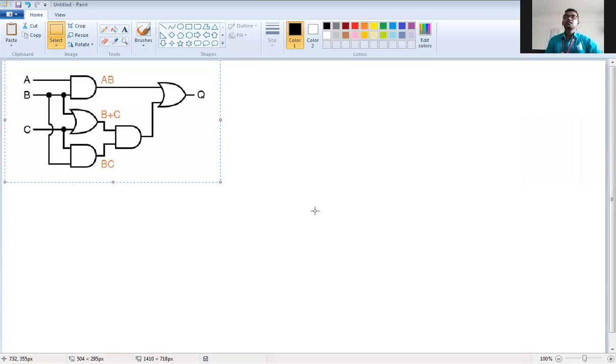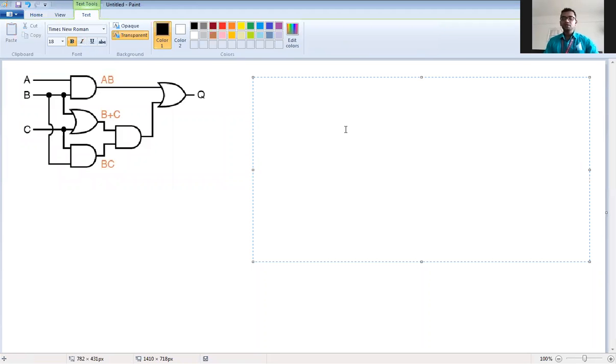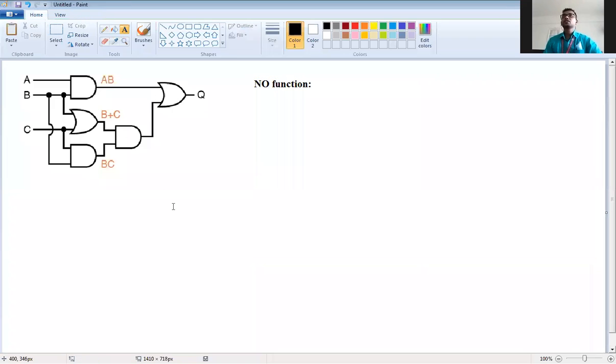I have already given you the Boolean expression, but first of all, we'll revise how to program or how to use the logical instruction. See, the first function we have studied is the NO function, correct? NO function means normally open function. Normally open function, how it looks, you already know. Generally, normally open function looks like this. The normally open function